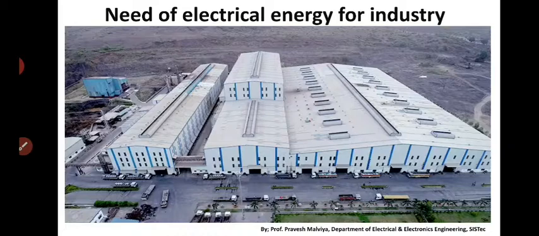I'm introducing you to the sections of the plant. There were a total of 4 sections: pickling, galvanizing line, cold roll mill, and cut to length. These 4 sections consumed a huge amount of electrical energy. Now, to feed electrical energy to all these sections, it was essential to have a substation. So there was a 220 by 11 kV substation and an approximately 10 megawatt power plant.